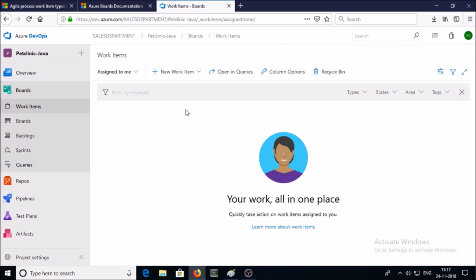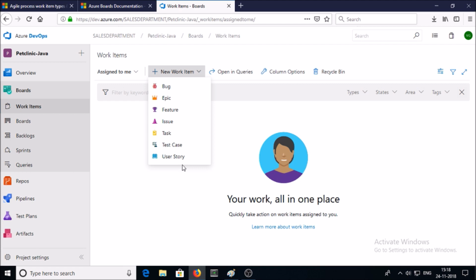The team defines user stories to manage the backlog of a project and tracks progress by updating the status of those user stories. So let's create a new work item. Click on New Work Item